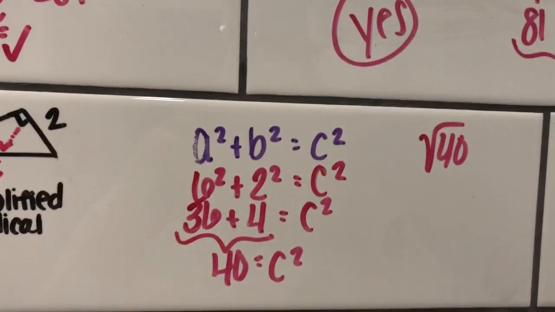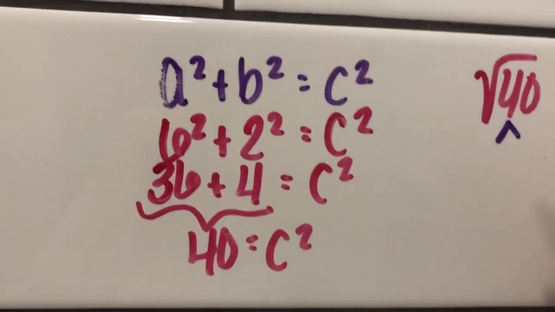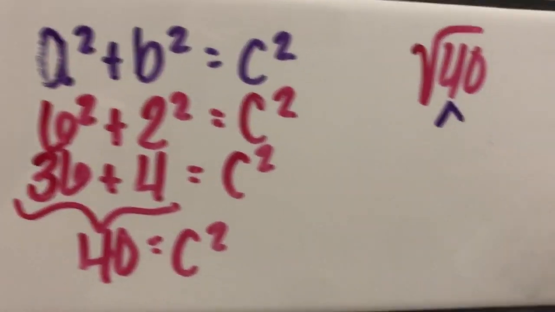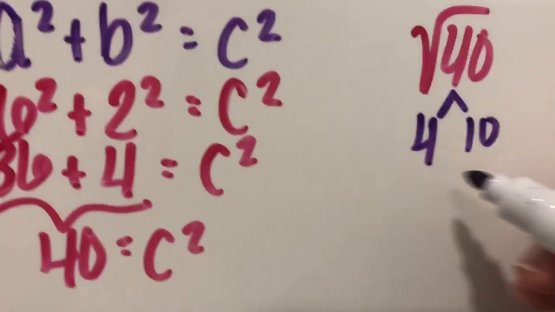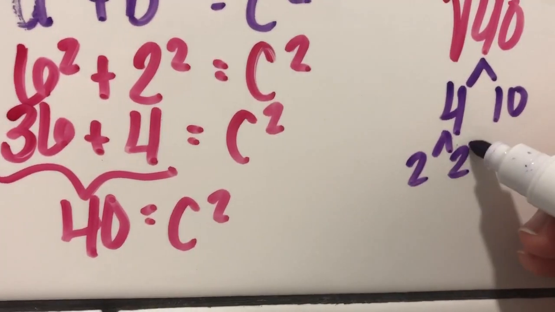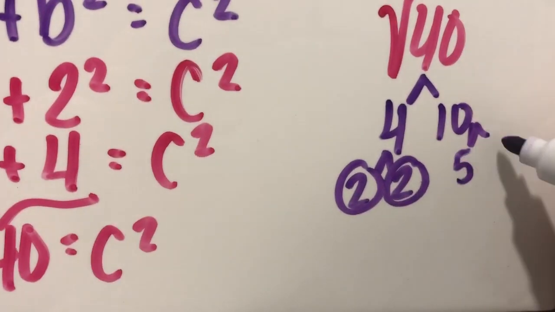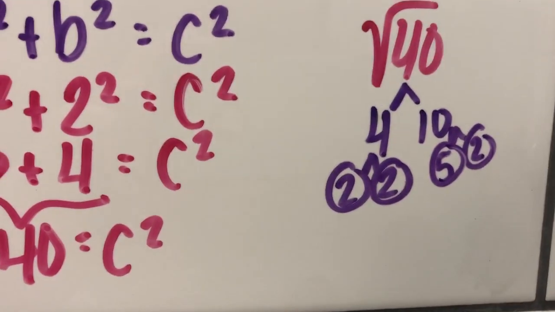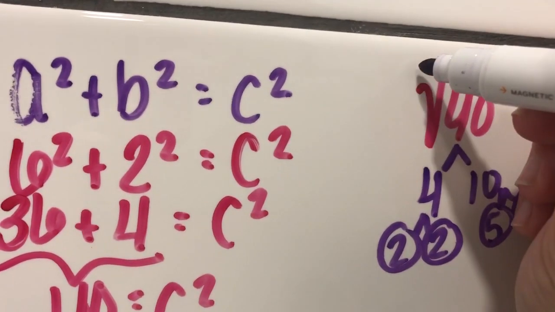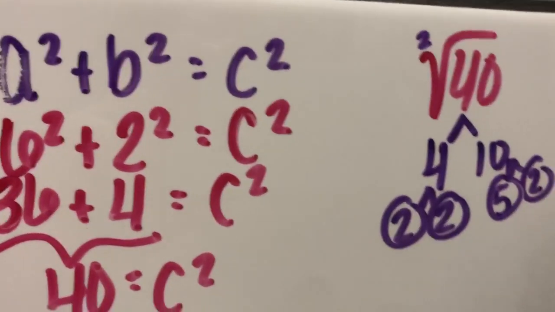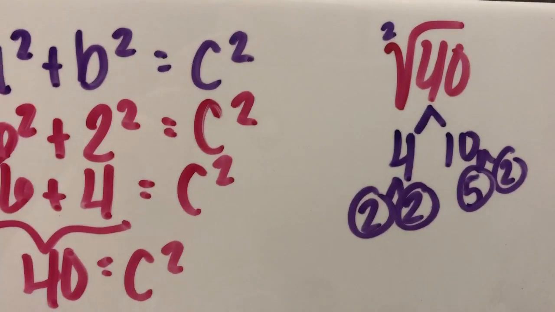So I'm going to go ahead and make a factor tree. A simplified radical is when I make a factor tree and pull pairs out as friends. So I'm going to break this down into 4 and 10. I'll break the 4 into 2 and 2, and I can circle those, they're prime. And the 10 can go into 5 and 2. Circle those, they're prime. Now there's no number up here. There's never going to be with Pythagorean theorem. Just as a reminder from the simplifying radicals video that you guys watched earlier,